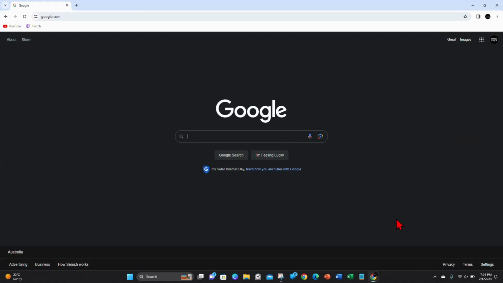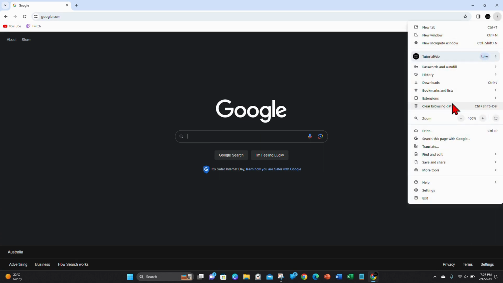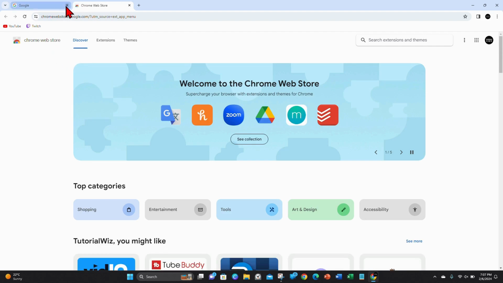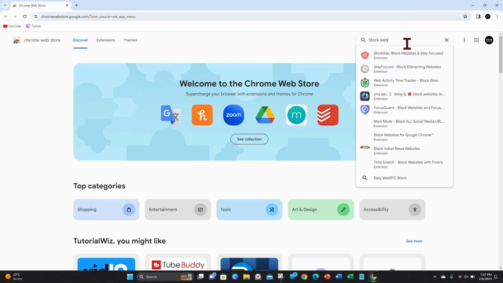Right guys, go and open up Google Chrome on your PC or laptop, and then from here you want to click on the three dots top right hand corner of your page, and then where it says extensions, open that up and then click on visit Chrome Web Store. This will bring up the Chrome Web Store main page, and from here where it says search extensions and themes, simply type in block websites